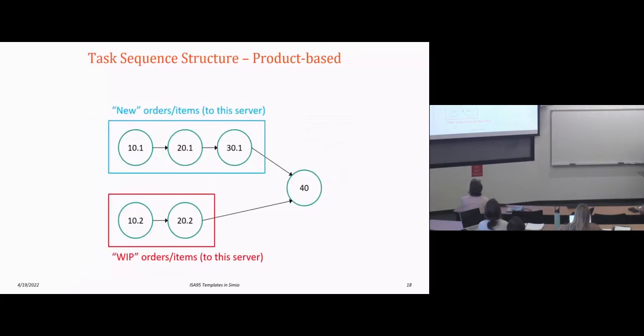And one of the things that we didn't do in our model, but that is important, and that causes a lot of the difficulty people have when they first start using the ISA 95 templates, is understanding what's going on with work in process, right? We assumed that we didn't have work in process in our models, that orders just arrived, and then we set the ending time to when we finish the last order, right? But if we want to do things like weekly schedules, then we're going to have stuff that we're working on at the end of a scheduling period, right?